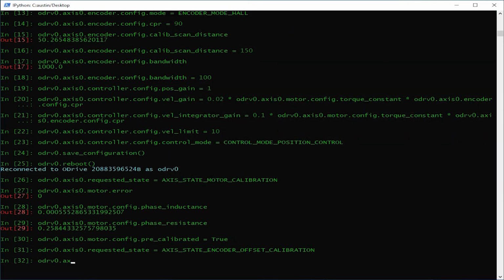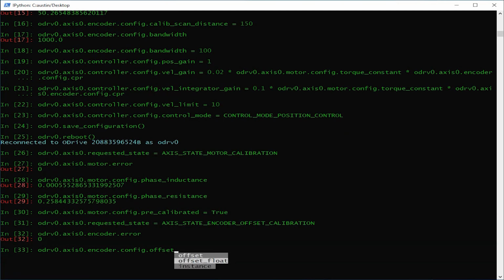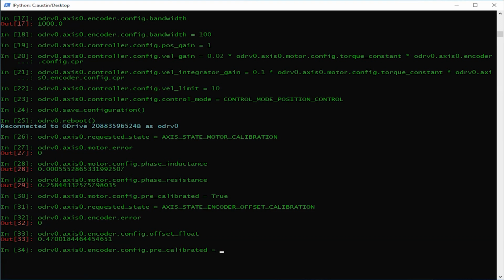After the encoder calibration is finished, check to make sure there are no errors. If there are no errors, then check to make sure that the offset float attribute is either around 0.5 or around 1.5. Here's what my offset float looks like. If it looks good to you, then just like we did with the motor calibration, tell ODrive that the encoder calibration it just did is okay to save to persistent memory with setting the pre-calibrated attribute and encoder config to